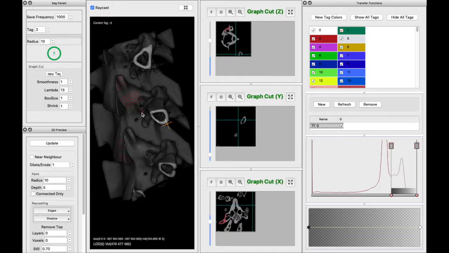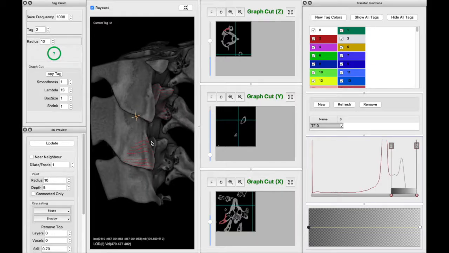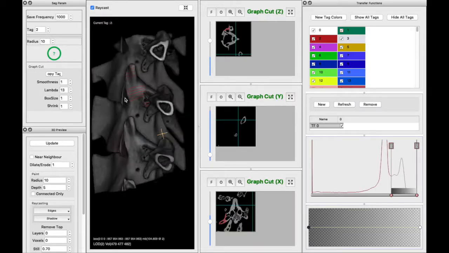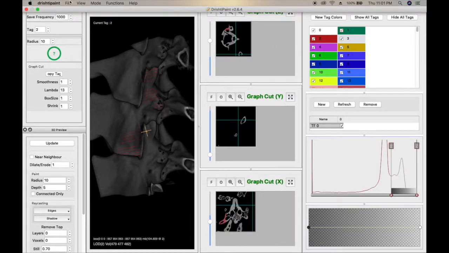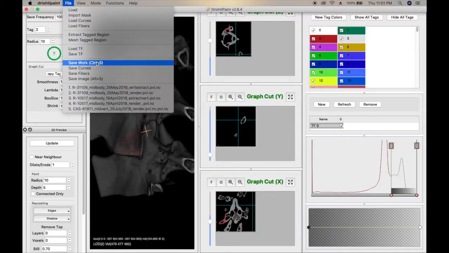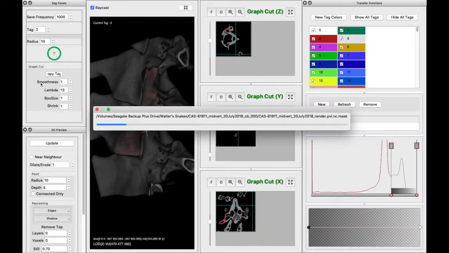See this candy cane striping? That's a problem that you run into with Drishti sometimes. It looks kind of festive, but it's definitely what we do not want. So to get rid of it, let's put the point that I was going to make on hold. Just remind me that we're going to talk about smoothness when we come back. So what I'm going to do is save the work,